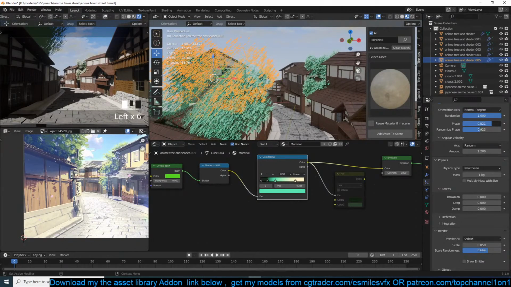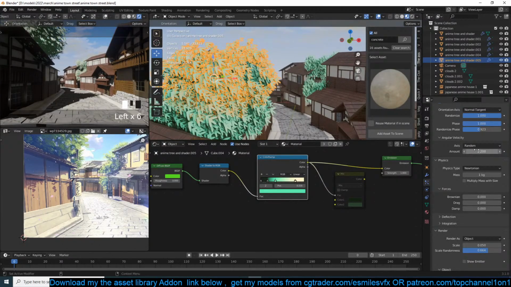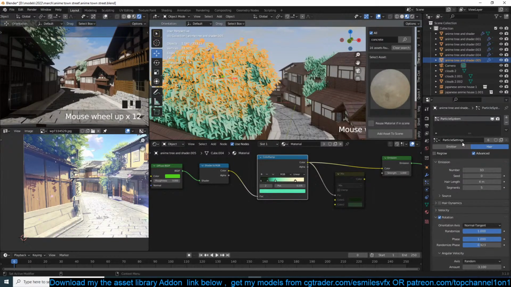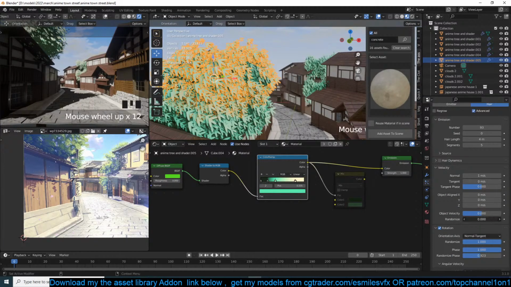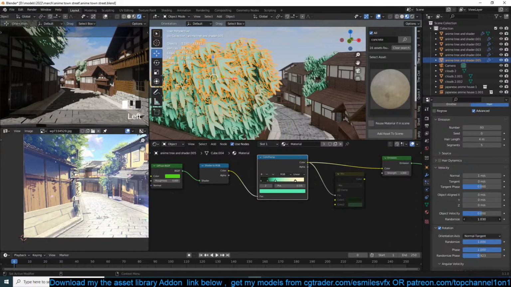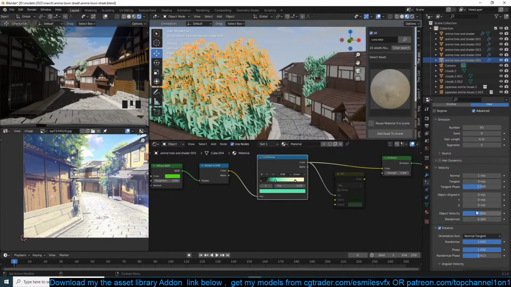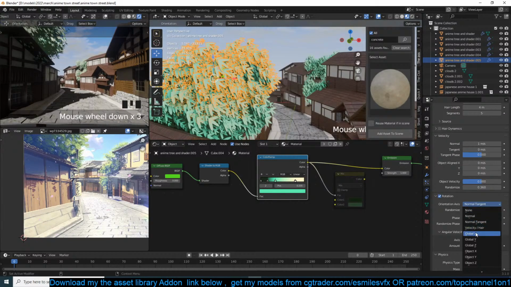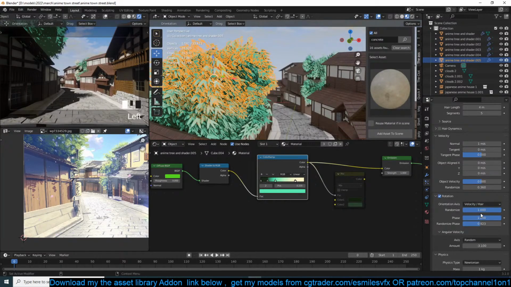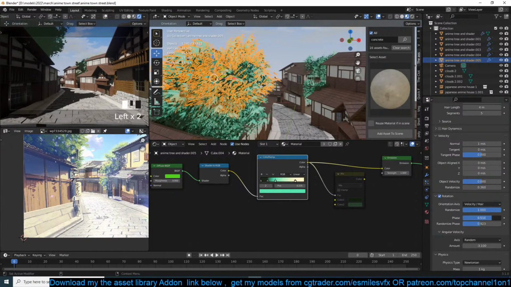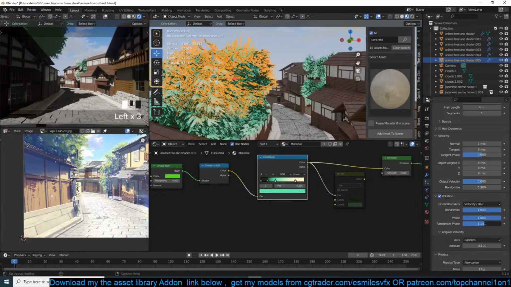I can type. Is there no random setting here? Yeah. This should give us